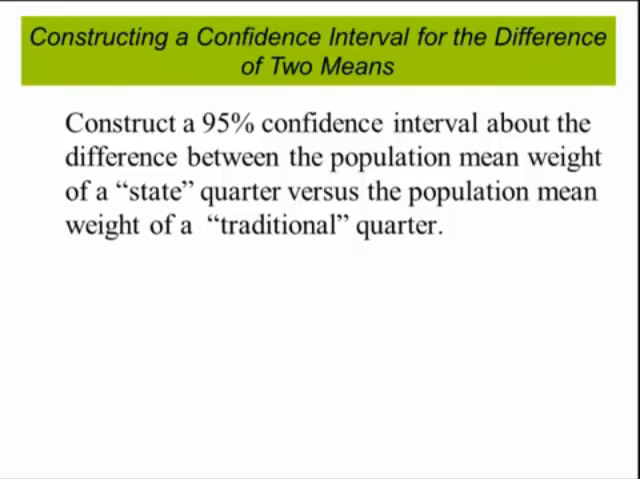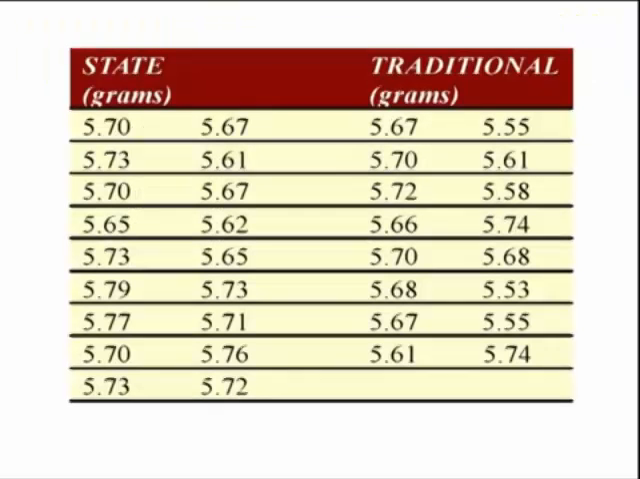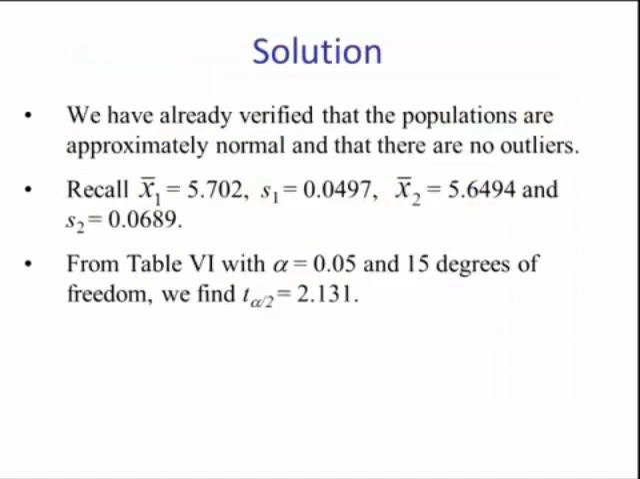Construct a 95% confidence interval about the difference between the population mean weight of state quarters versus the population mean weight of traditional quarters. If you recall from the last video, here's our raw data for state quarters and traditional. We're going to use these two data sets to construct a confidence interval for the mean difference. We have already verified the populations are approximately normal and there are no outliers by our probability plot and box plot. X bar of state quarters is 5.702 with a sample standard deviation of 0.0497, and